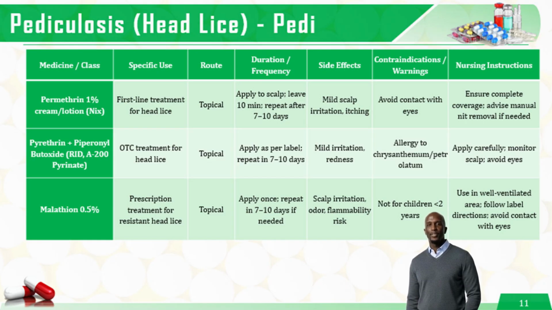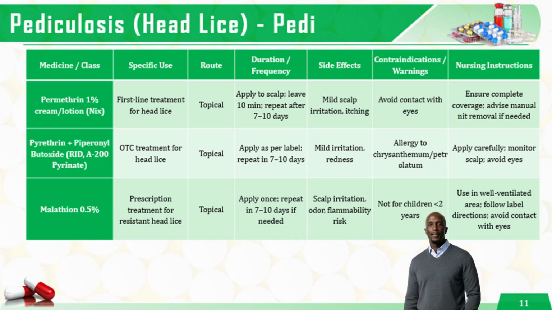Avoid in children with chrysanthemum allergy. For resistant cases, malathion 0.5% may be prescribed. Because it is flammable and irritating, it should be used in a well-ventilated area and not in children under 2